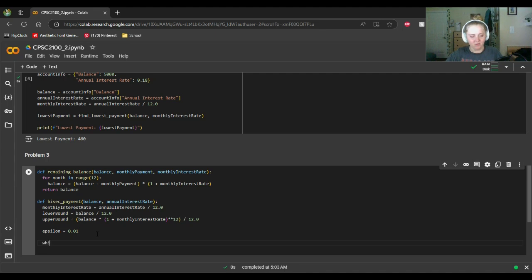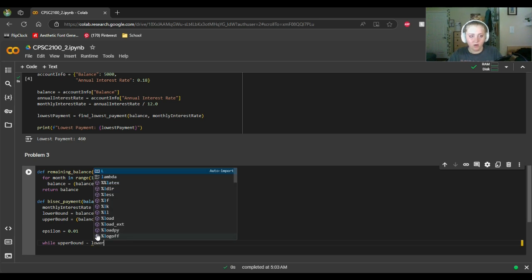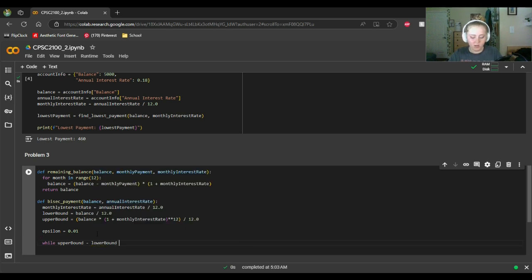And then next we're going to add a while. So while the upper bound minus the lower bound is greater than the epsilon, I cannot pronounce this, but while this is greater than this,